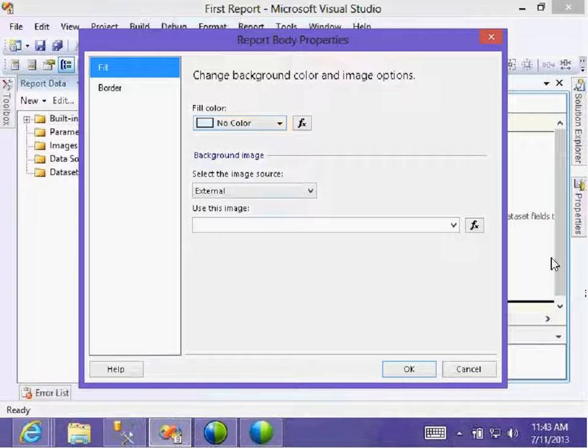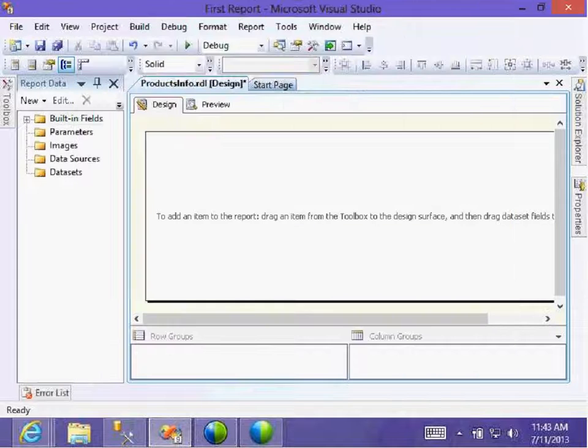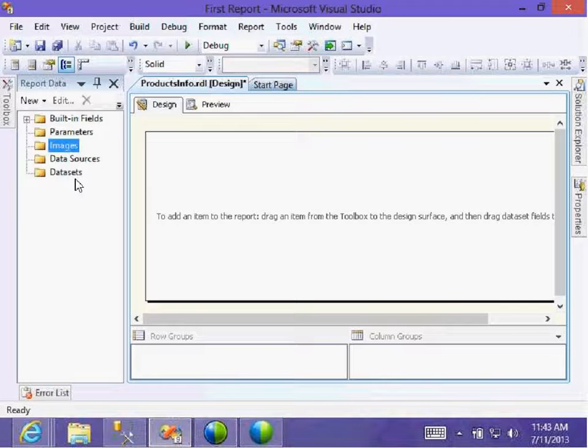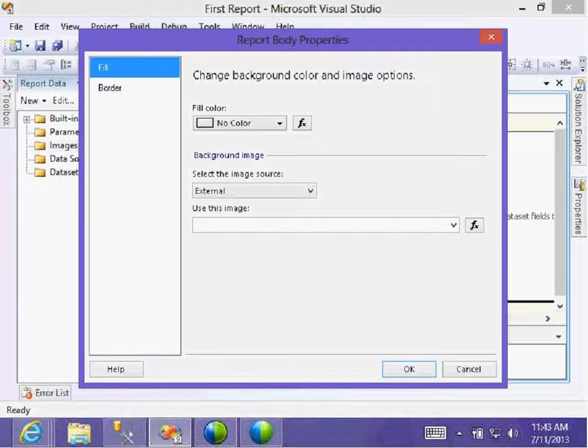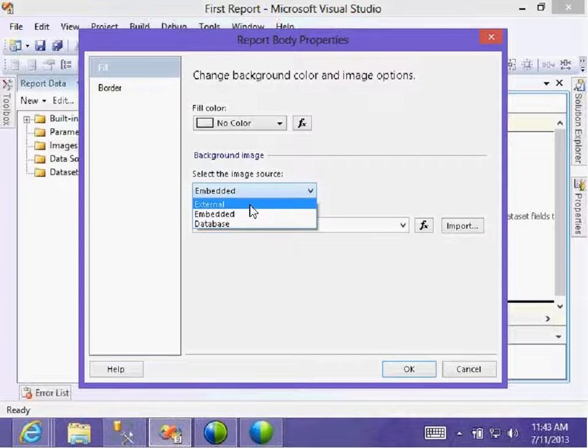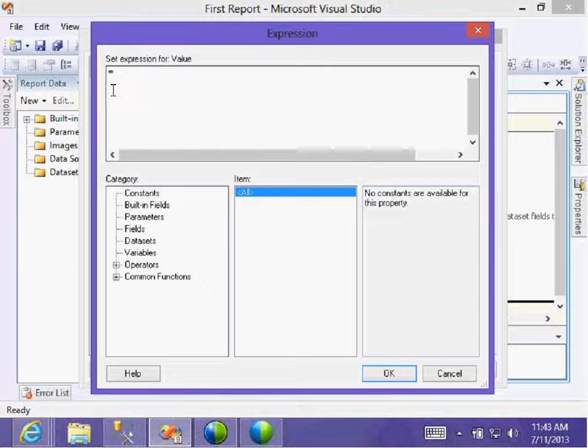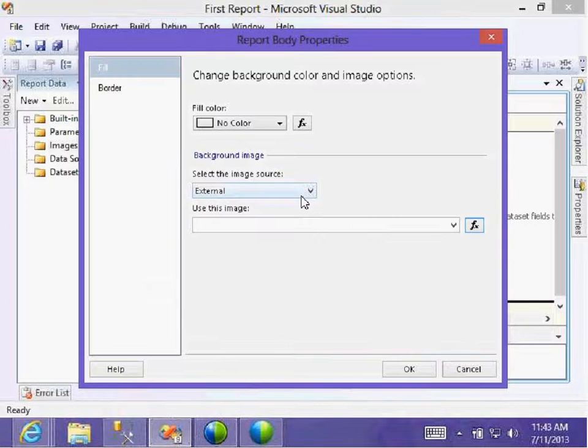Then background color. If you want to use an image for the background, you can come to images and you can store all the images here. You can add images directly from your computer here, or import images from an image source.